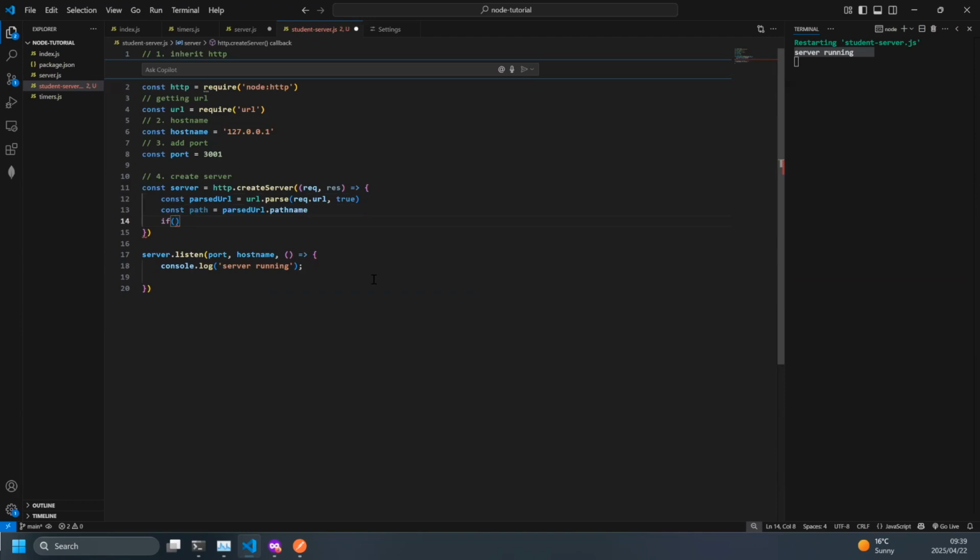And then you can say path triple equals to, in double quotes, slash students. Yes, and then inside the if statement,